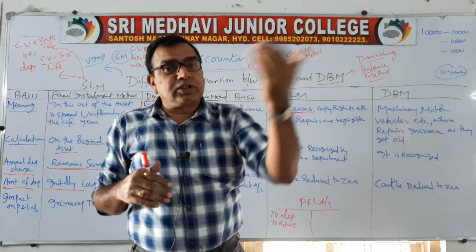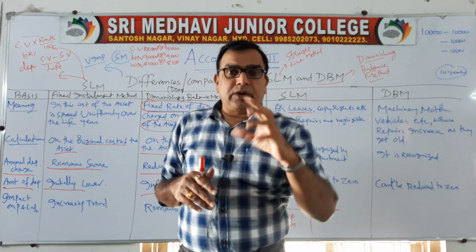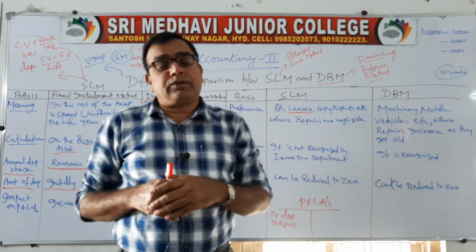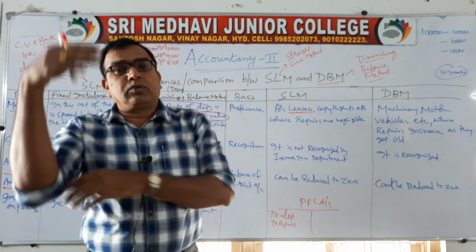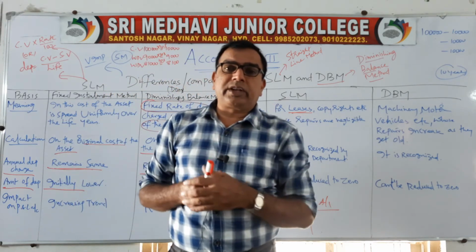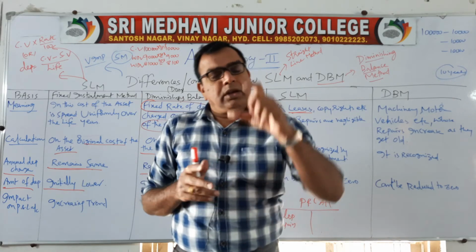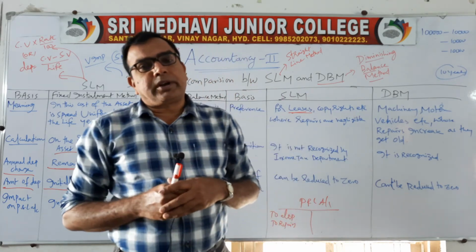So how does the lease come into existence? It is the agreement between the lessor and lessee. Okay, you need to understand the terms. In graduation you will have this. The person who leases out the property is called the lessor and the person who takes it is called the lessee. There is an agreement between these two people, then we take the property.